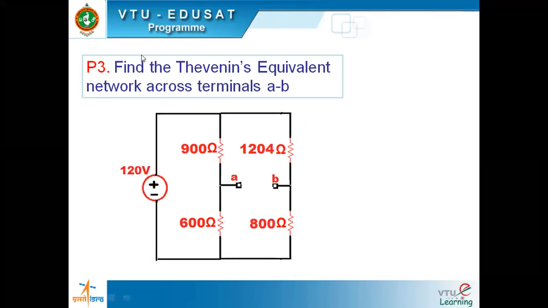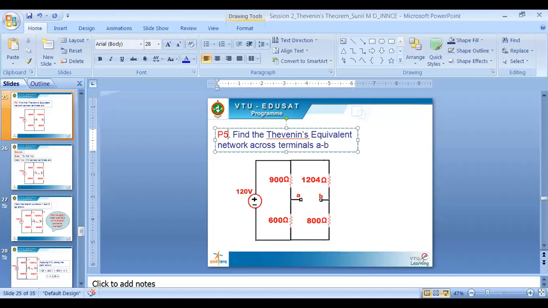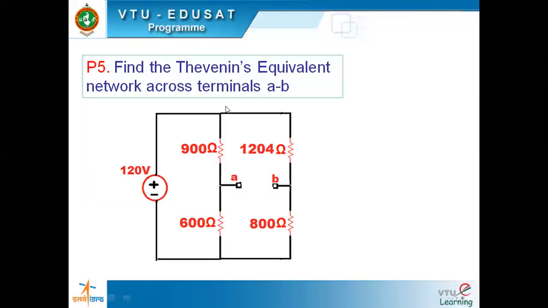So this is problem number 5 for you, everybody. Okay, now let's go through this problem. What's happening in this problem? They have asked us to again find the Thevenin's equivalent network across terminals, with the terminals A, B here for a change. This may create problems for you at some juncture. Let's see where it could be challenging. Yes, it will pose some challenge.